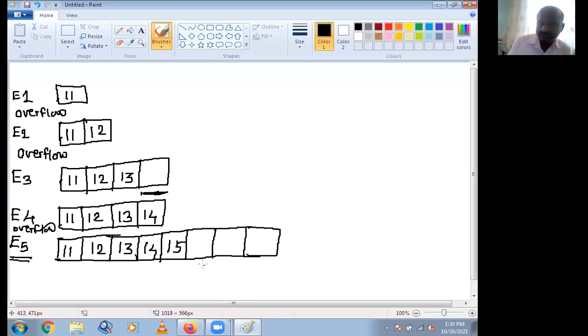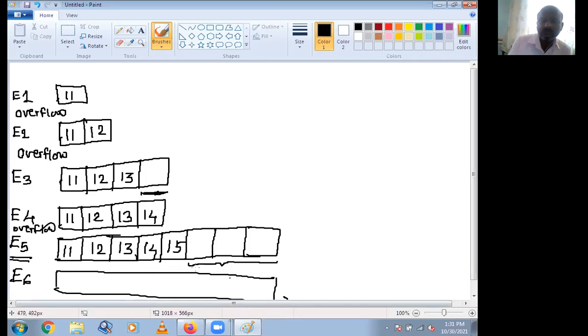Now in this case, 3 spaces are available for inserting 3 new elements. Suppose I want to insert the sixth element, I can directly insert it, suppose 16.